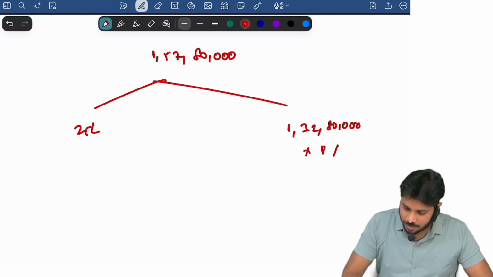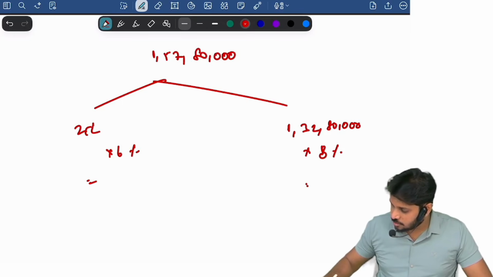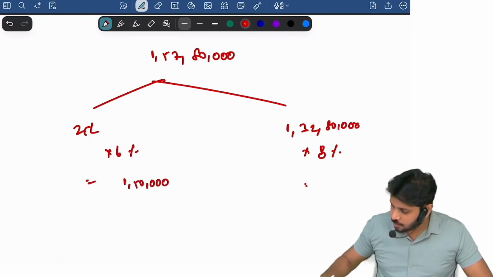Am I right? On this 8% presumptive income, on the digital receipts 6% presumptive income. So 25 lakhs into 6% gives 1 lakh 50,000 presumptive income. Here 1 crore 32 lakh 80,000 into 8%